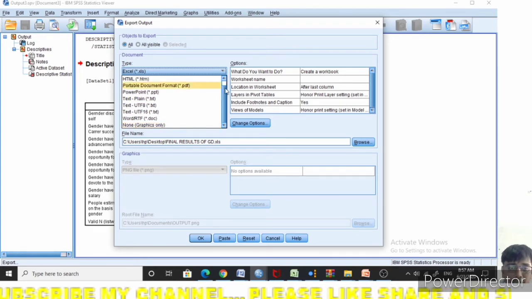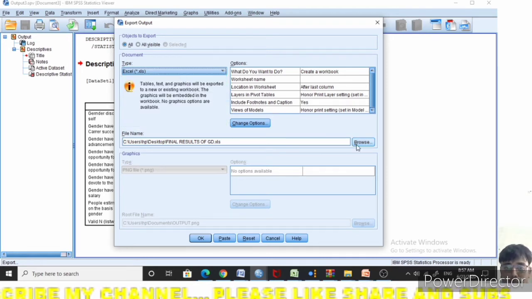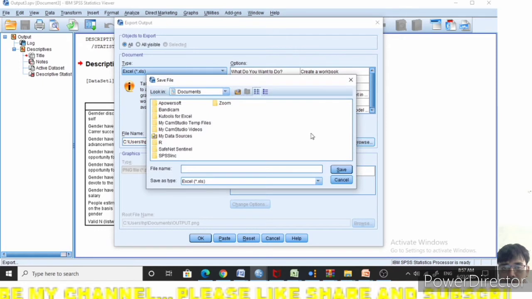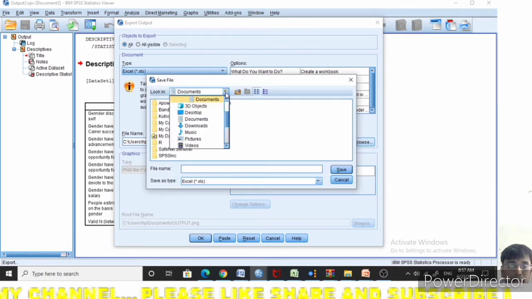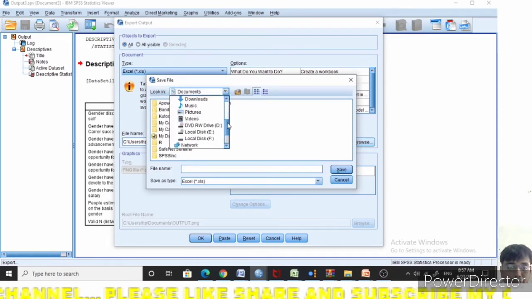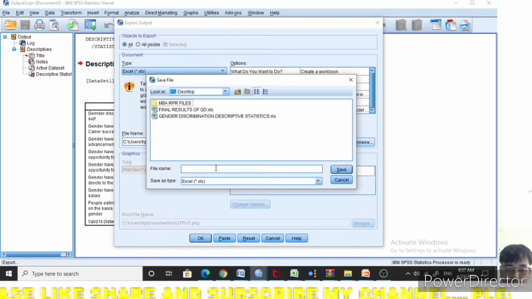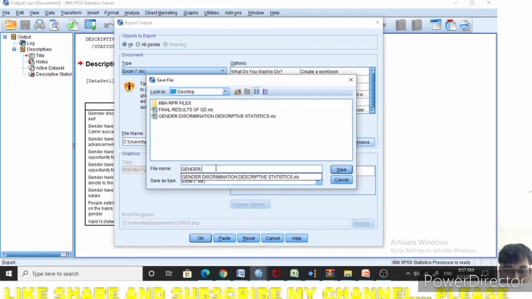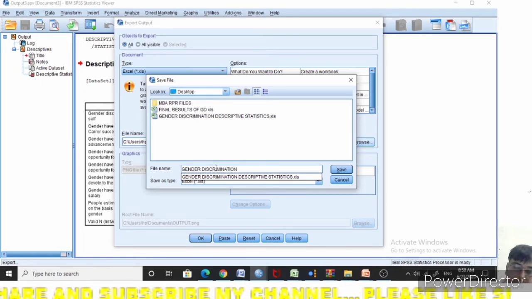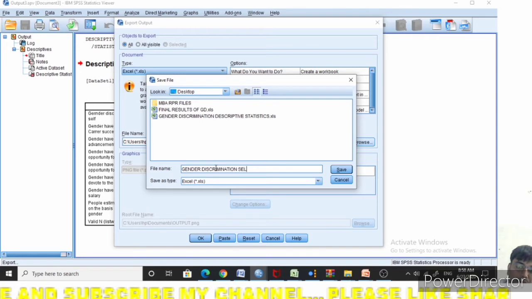Let's say I select Excel format, then browse, then select the path where you want to save this file. Let's say I want to save this file on my desktop. Name of the file: gender discrimination self.